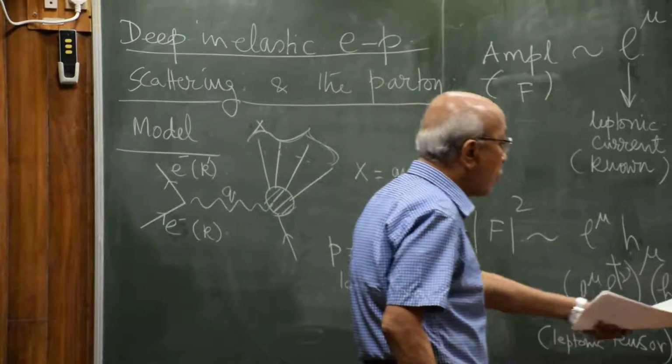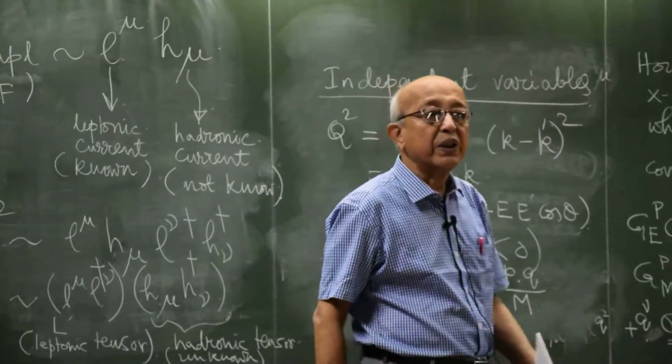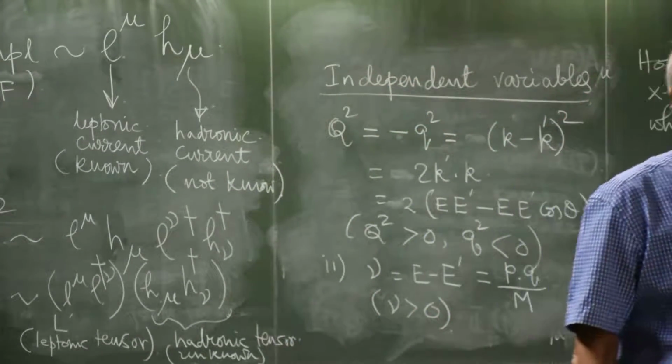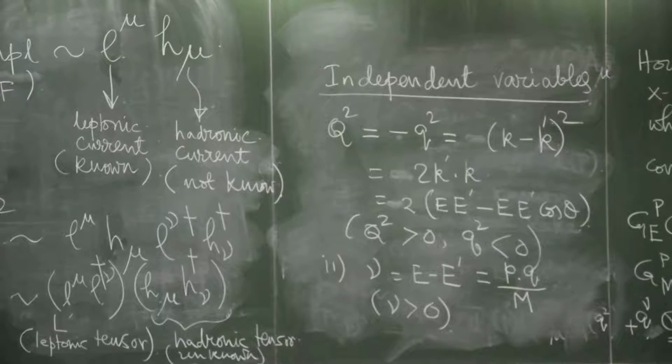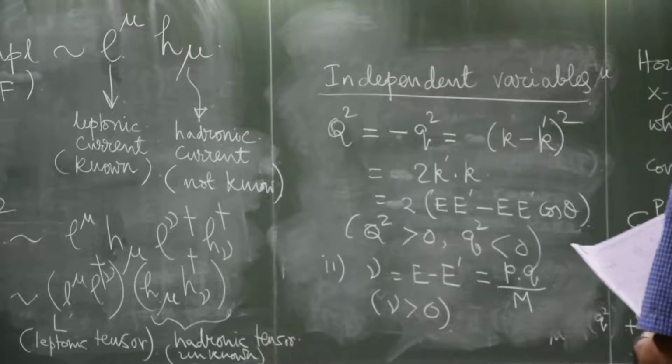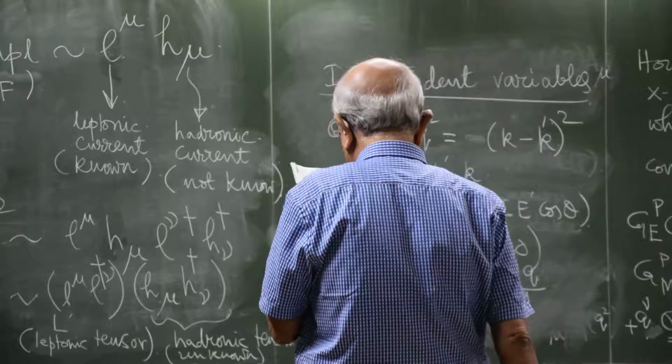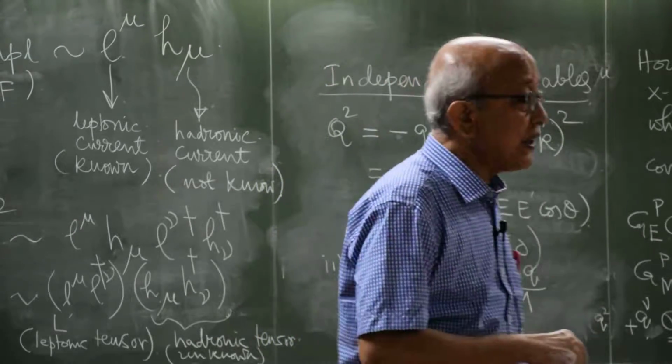Now since this is a Lorentz invariant quantity, you can calculate it in any frame, and if you calculate it in the lab frame, you will find that this reduces to the energy lost by the electron, E minus E prime. So it's all very nice. So I have two independent variables. Now I write down the